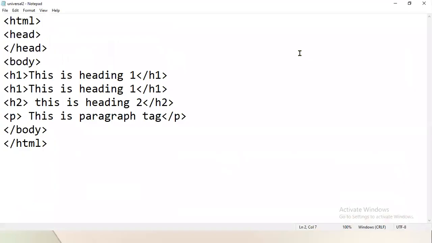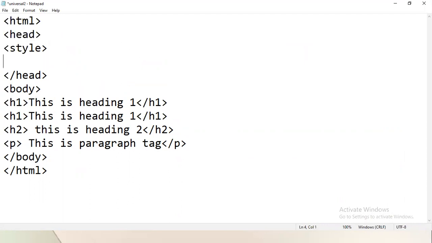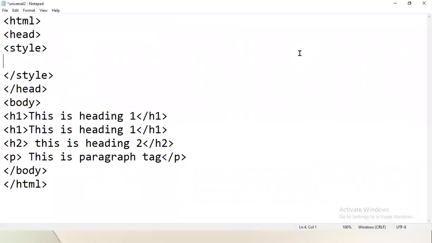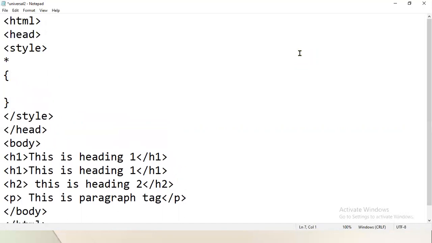For example, here I wanted to apply the same kind of formatting to all the elements. So how can I do that? First of all, I'll start the style tag. Under the style tag, I'll use the universal selector, which is the star symbol. When you press shift plus 8, it will appear on your screen. Under this, I wanted to apply the text-align property as center.